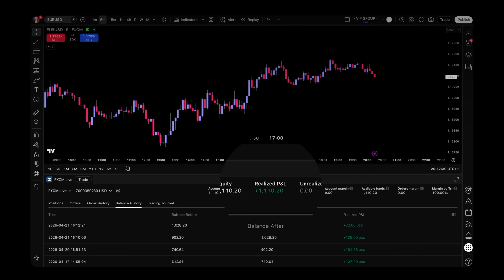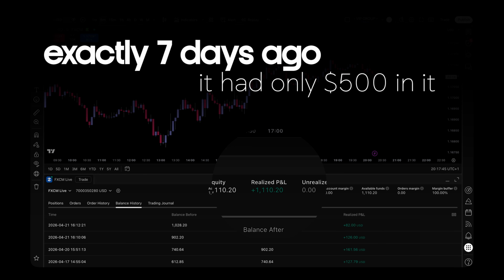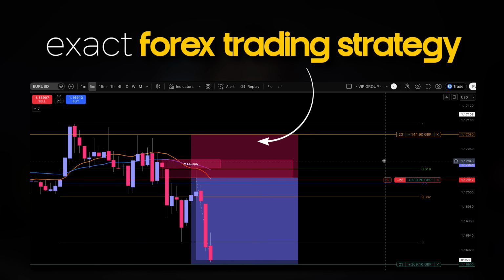So what you are looking at right now is my trading account sitting at $1,110, and exactly 7 days ago, this account had only $500 in it. Now, I'm not showing you this to flex or make it seem like this was some sort of insane result that nobody can repeat. I'm showing you this because the exact Forex strategy that I used to grow the small